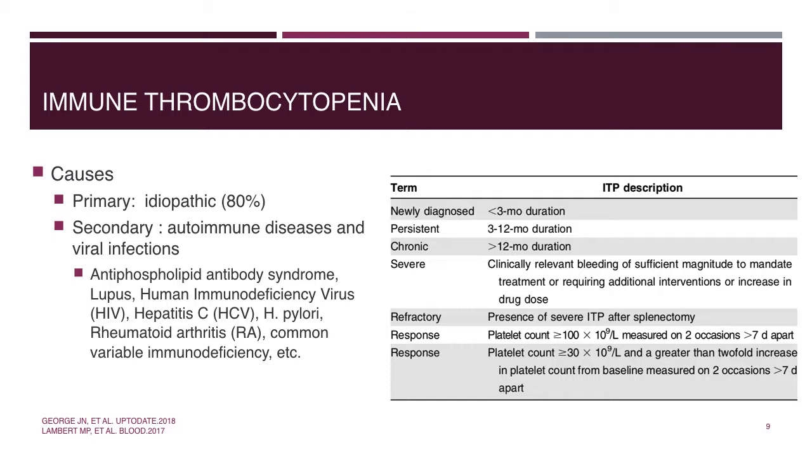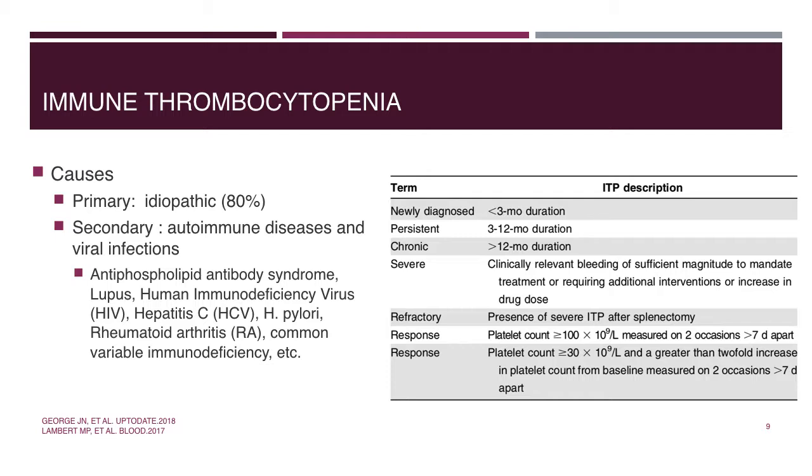There are two main causes of immune thrombocytopenia, primary and secondary. In primary, it is an unknown cause, but this accounts for the majority of what we see, and up to 80% of patients have primary immune thrombocytopenia. In secondary, it is commonly caused by autoimmune diseases and viral infections such as HIV or lupus, as well as